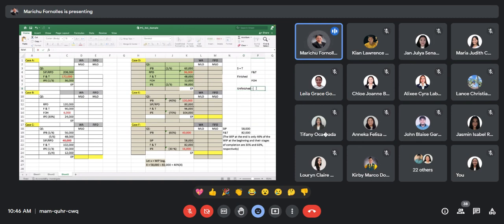The other one would be the unfinished units. Kining atong unfinished units is the one reported as your work in process end. That is your work in process end. Meaning to say that that is your unit still in process at the end of this month in this department.